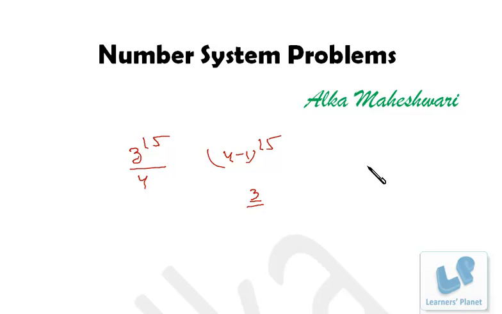Right? Similarly, if I say 5 raised to 25 when divided by 4, what will be the remainder? So that's 4 plus 1 raised to 25. So your remainder will be 1 raised to 25. That's 1. Okay. So these sorts of problems we have already discussed in the previous session. In this session, I am going to discuss some twisted problems.